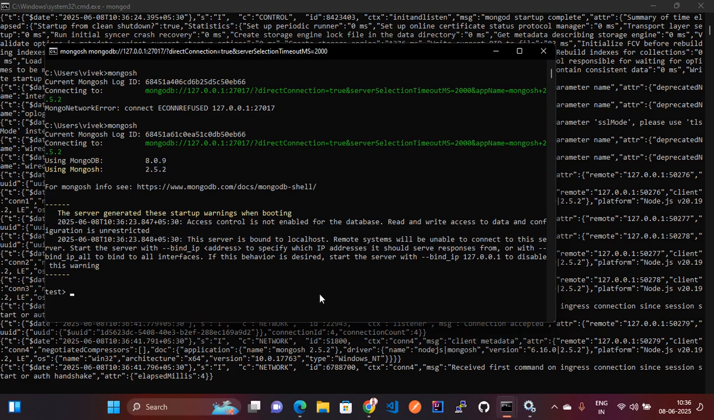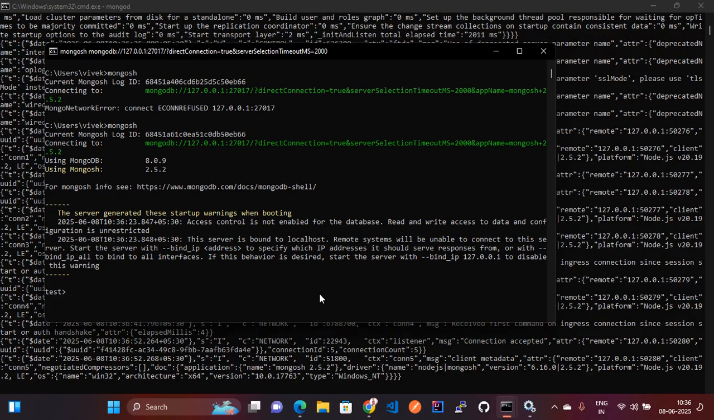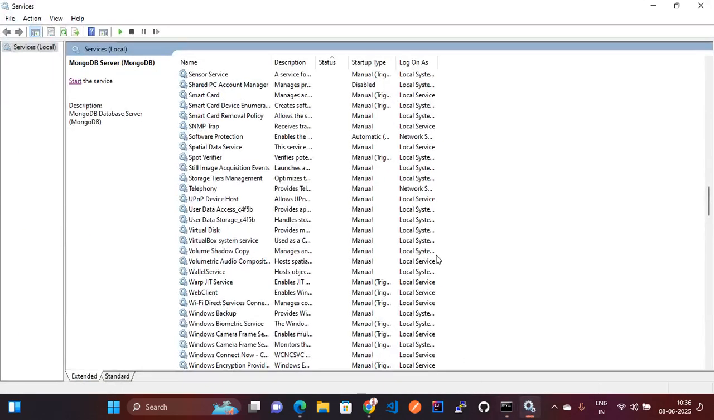Previously, I had stopped the MongoDB which is running in CMD, and it was connected because in services it is already running in the background. So I have stopped the service which is running in the background and used CMD. So I'm closing this one,